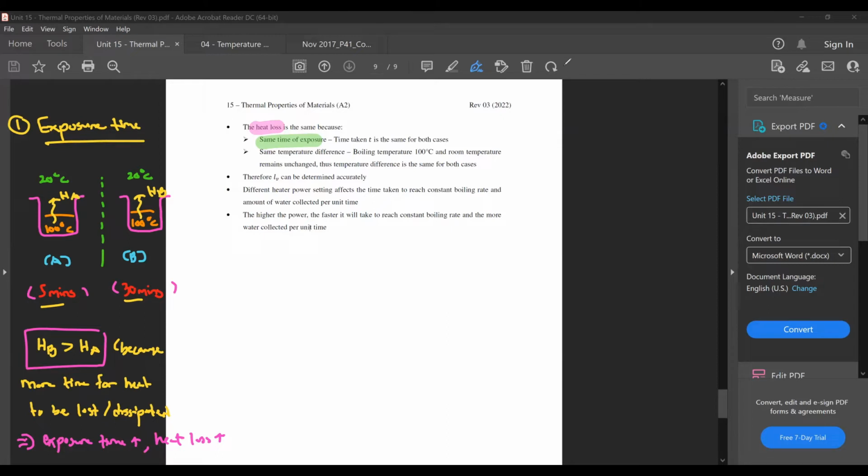Now, what is the effect of temperature difference then? The second factor here that affects heat loss is actually temperature difference. Here I could say that my heat loss for both cases under the different power settings are the same because we also have the same temperature difference. Now, what we mean by that is this. If I talk to you about temperature difference,